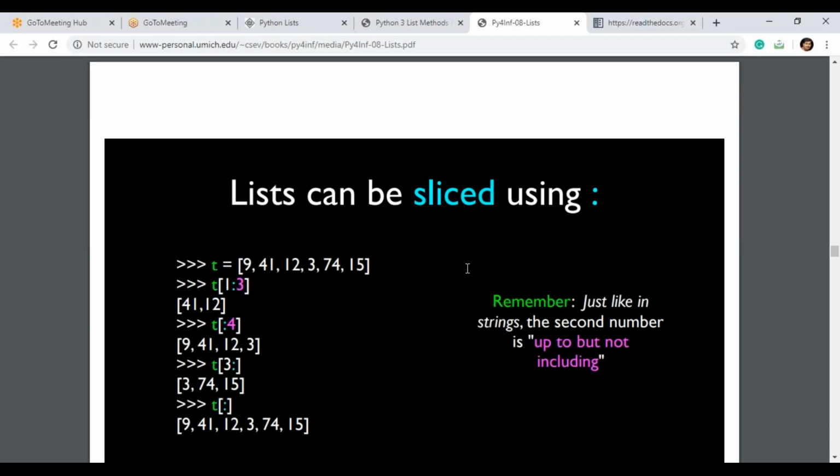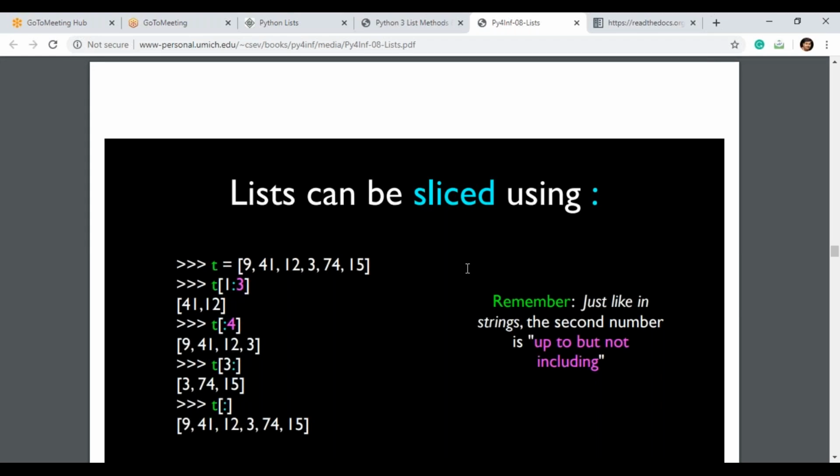Next, T[3:]. So index 3 onwards. See, the 0 location is 9, the 1 location is 41, the 2 location is 12, and the 3 location starts 3, 74, 15.